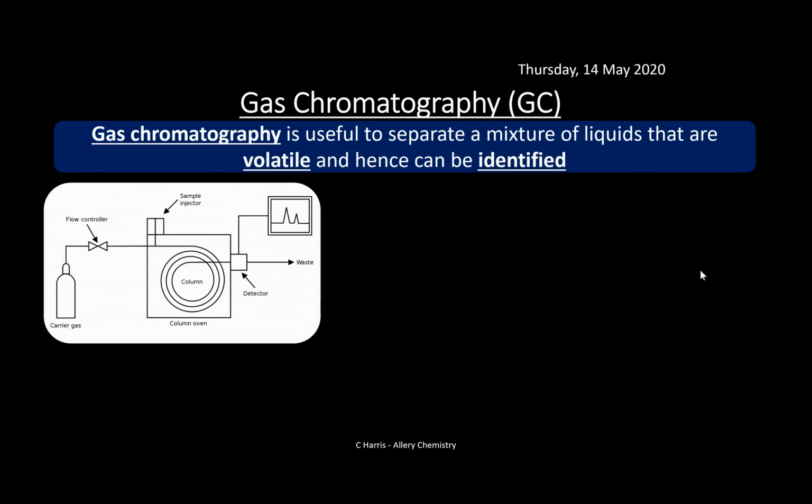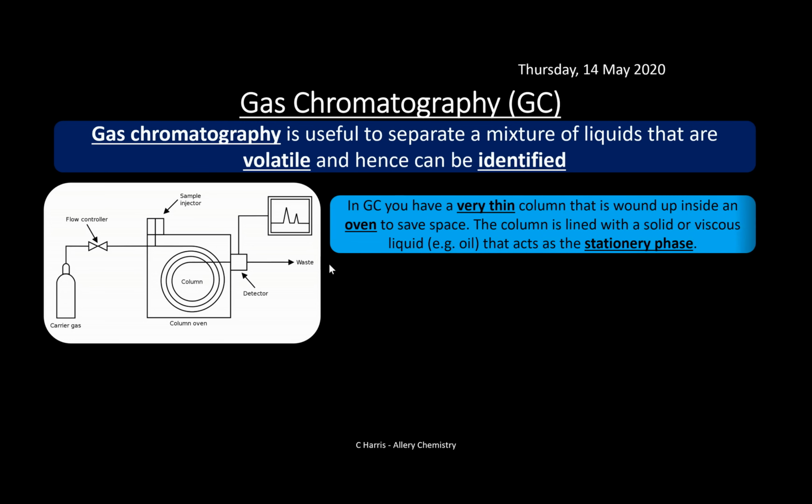So a gas chromatography machine, again, you won't have one of these at school or college. They are very expensive bits of equipment. They're quite big bits of equipment as well, so they sit on a large bench. And they have this general setup here. We're going to go through each one of these sections of the gas chromatography machine and see what each bit does. So, in the gas chromatography, we have a very thin column that is wound up inside an oven